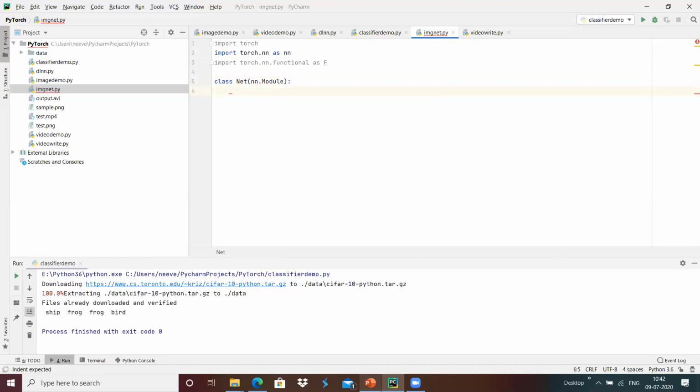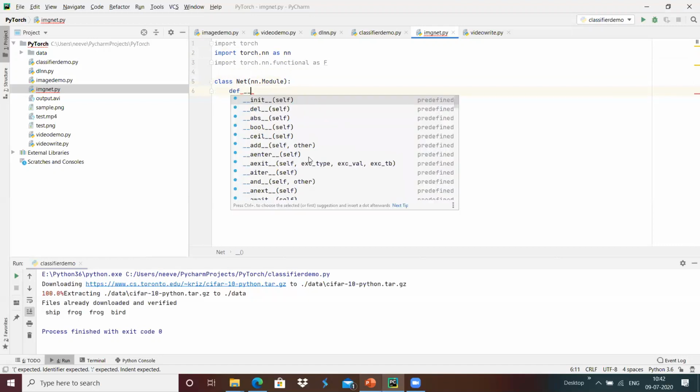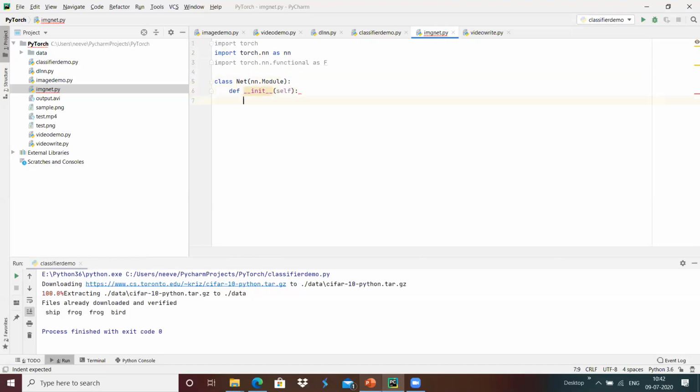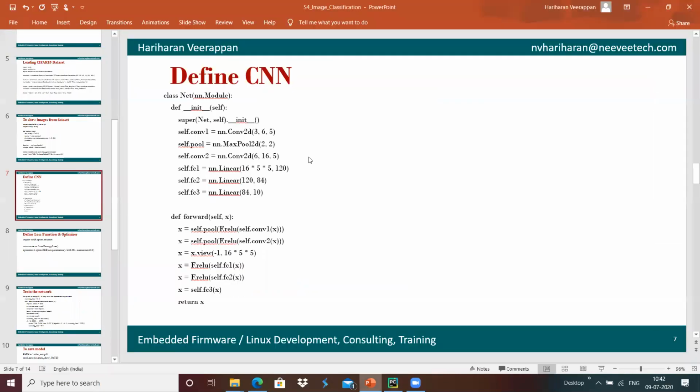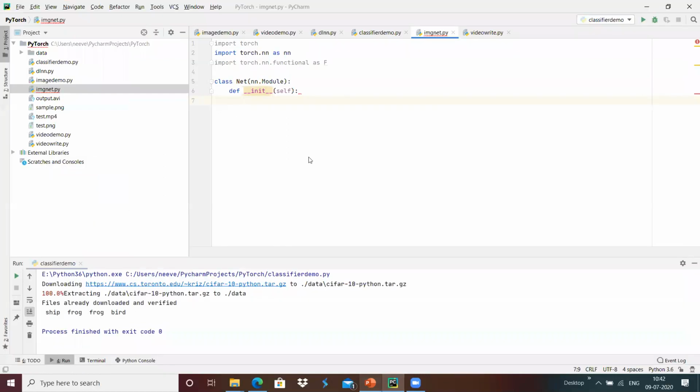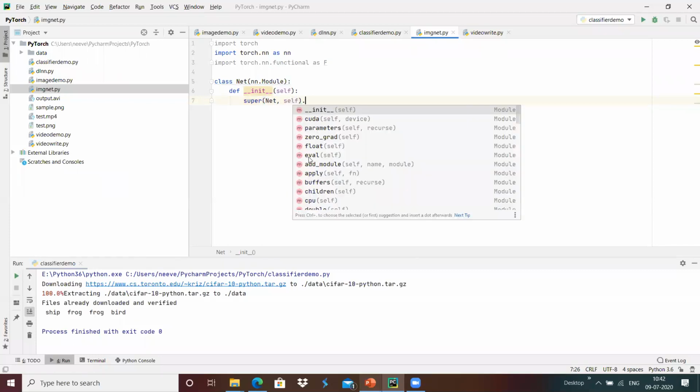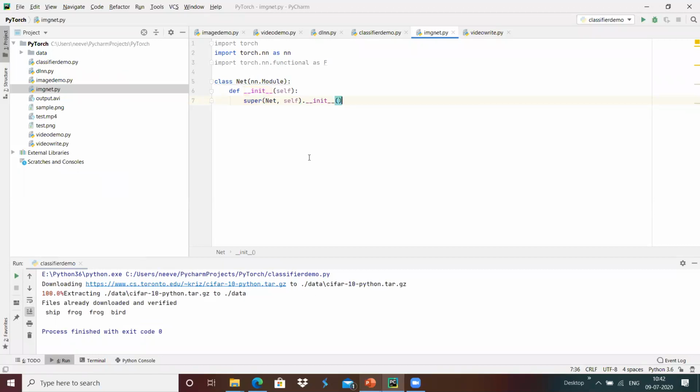Once that is done, I'm going to define the constructor of this class, and inside the constructor, I'm going to call the base class constructor: super(Net, self).__init__().